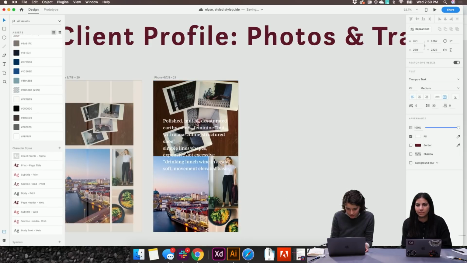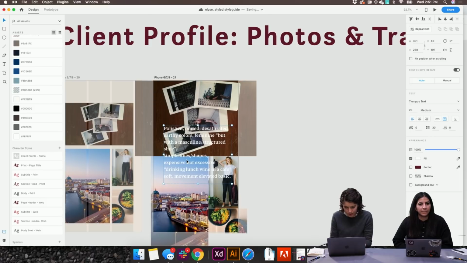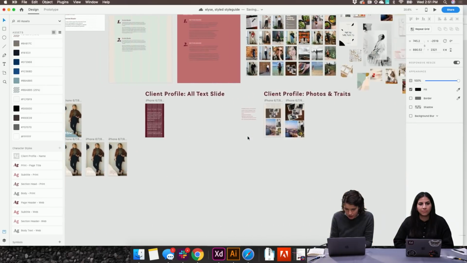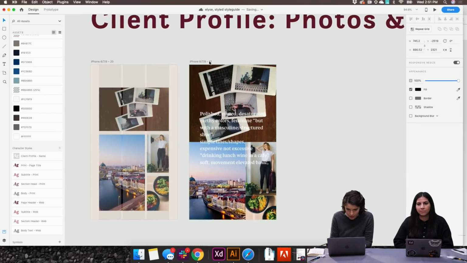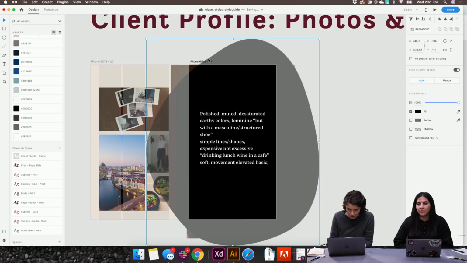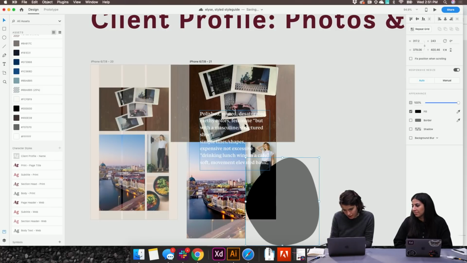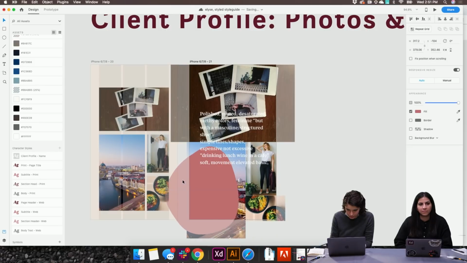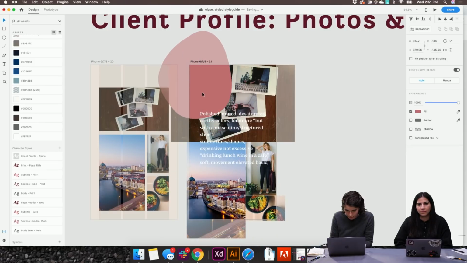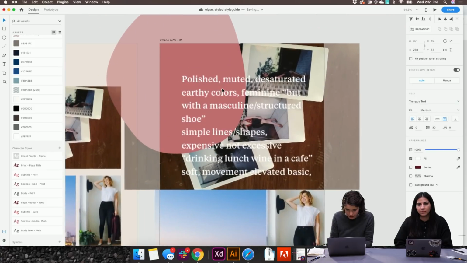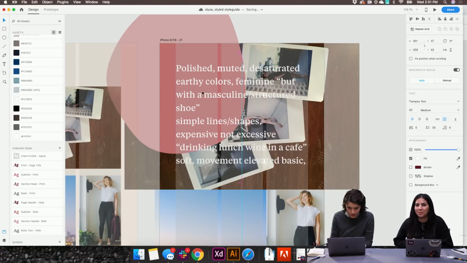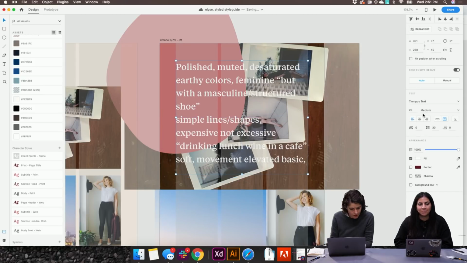I think I want to play with this a lot more, but just to make some broad strokes, I'm interested if maybe we can bring back these big shapes and see if those can help us as a background for the text. And not necessarily this black, but maybe like this. That's a good way to keep it uniform, because you're using the same shapes all throughout.